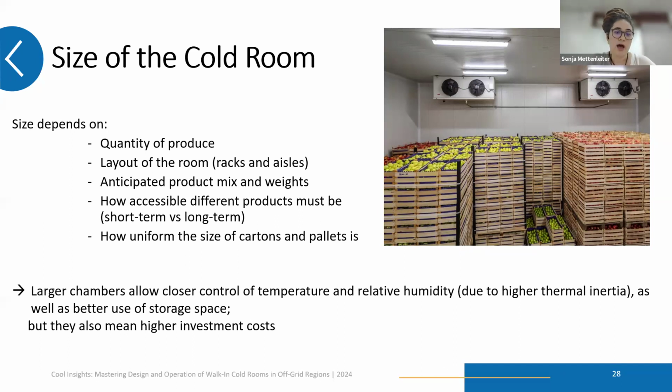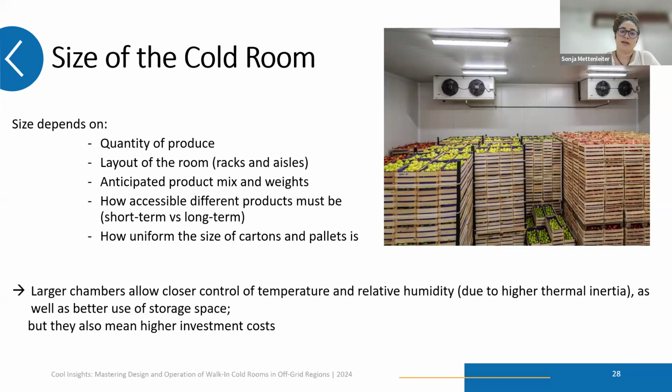And then also, how uniform is the size of the crates or boxes or pallets in which the product comes in, and are they stackable? For example, in that picture on the right, we see that all those crates are quite uniform and can be easily stacked,